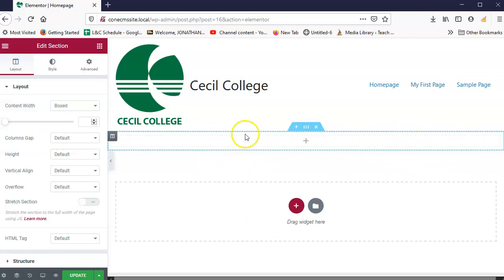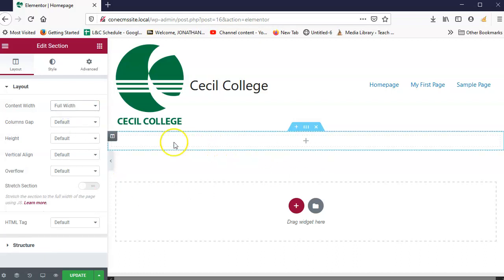So some changes I need to make are this. I'm going to go ahead and change my content width to full width. You're not going to be able to tell here. I should have made this the whole screen because it's being compressed, so it's actually not showing everything. But full width will take the content and make it go all the way to the edge